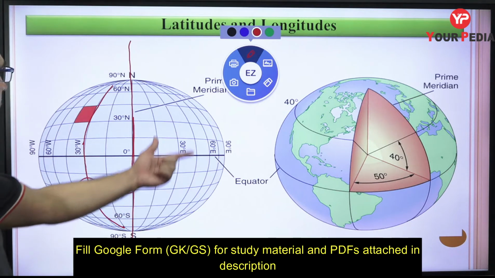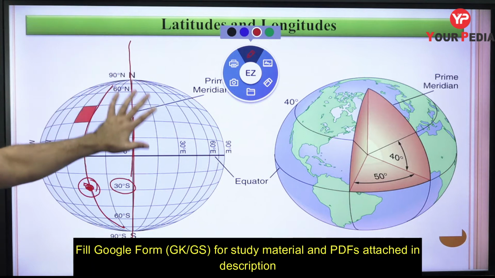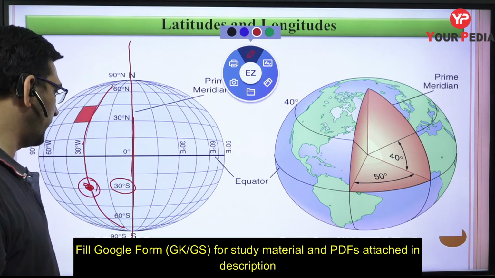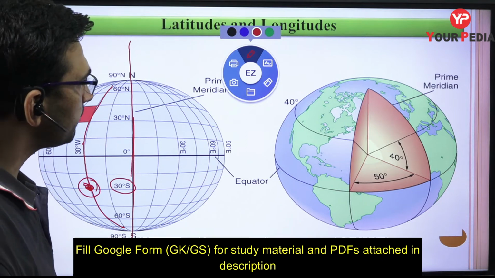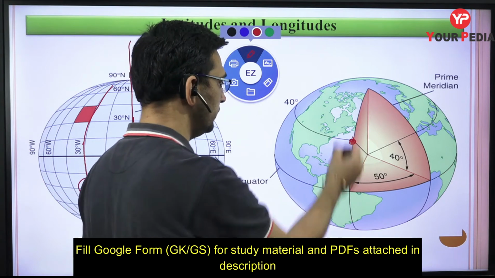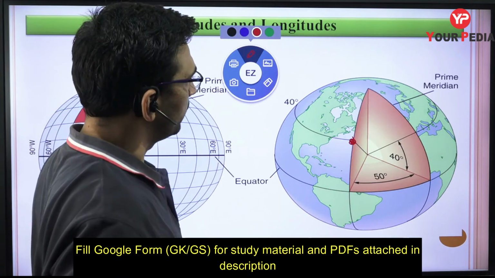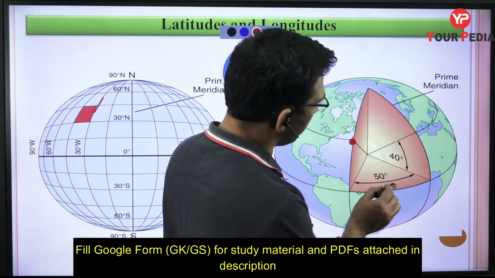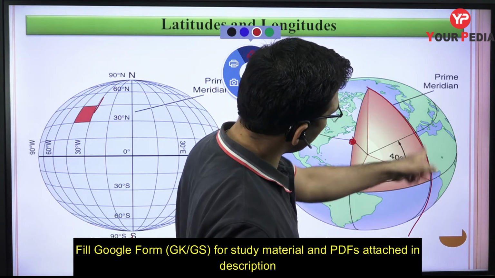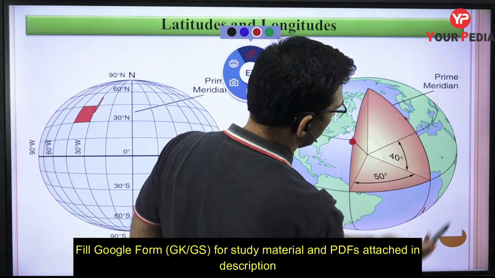So that way you can define any particular point. This becomes a grid line now, made up of parallels of latitudes and longitudes, and therefore you can locate any point on the surface of the earth. What is this location? Can you define this location if I ask you? If you just see the map, this should be the prime meridian. Obviously this is Africa, and over here this is cutting through Greenwich. So this becomes the prime meridian.